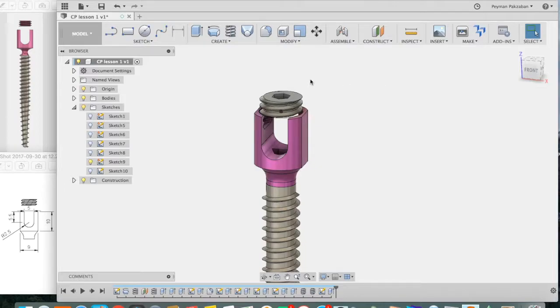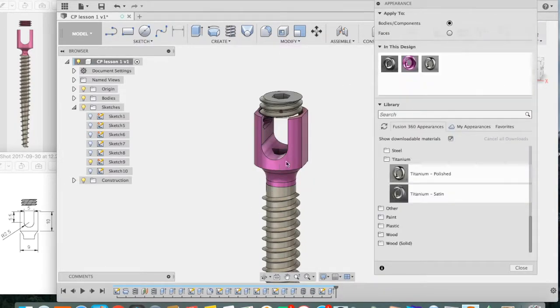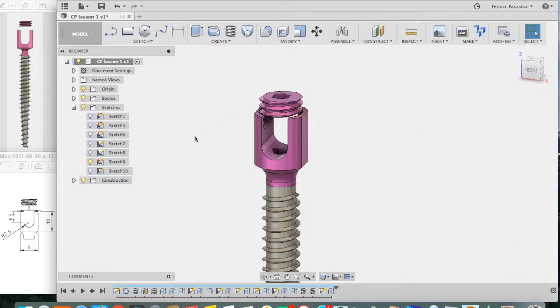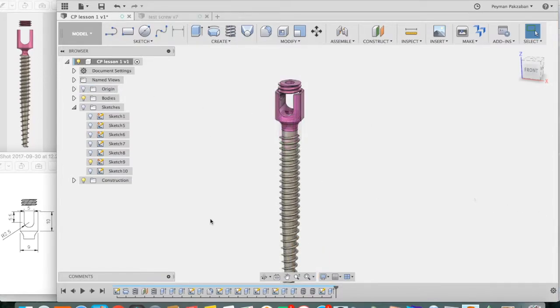Let's paint this set screw the same way. So go to Appearance and grab your purple and apply it. Hide all your sketches. Hide the origin. So we're done with our pedicle screw design, but let's not stop here. Let's create a cylindrical joint to show how the set screw screws onto the pedicle screw head and how it